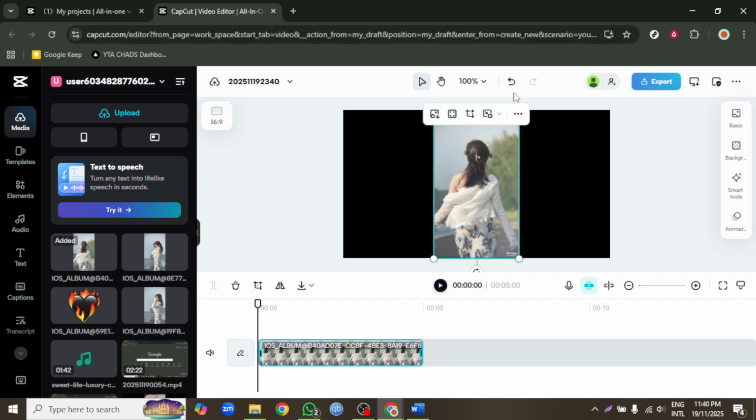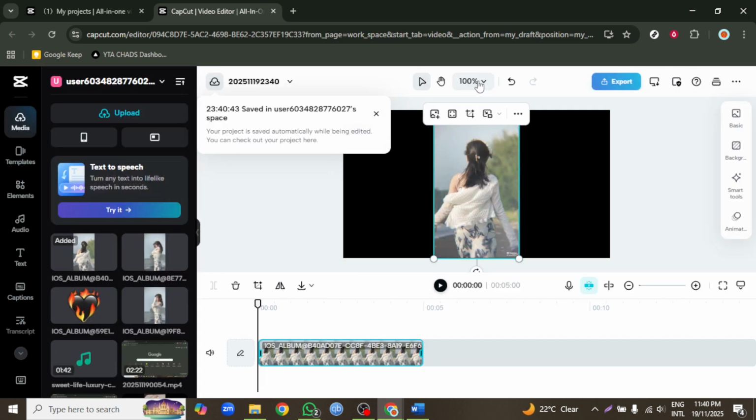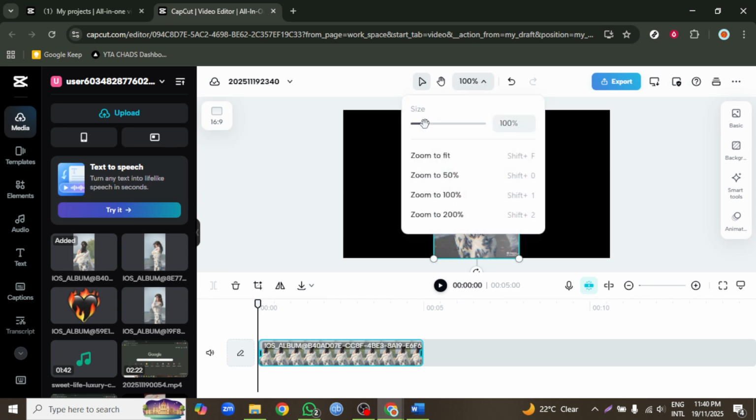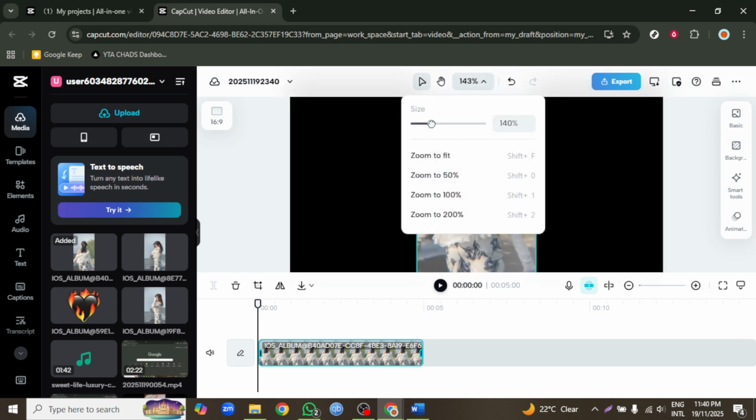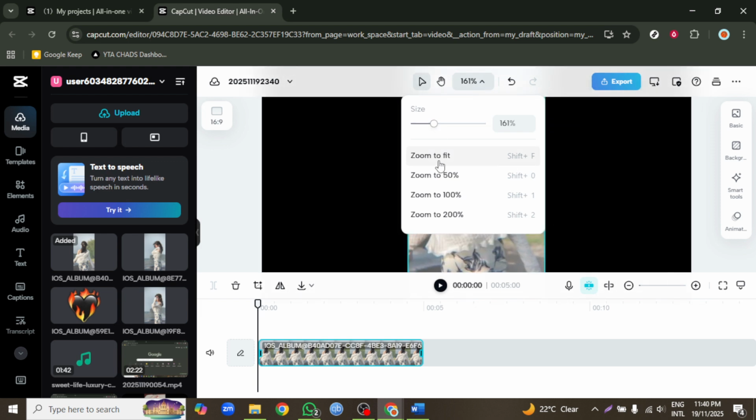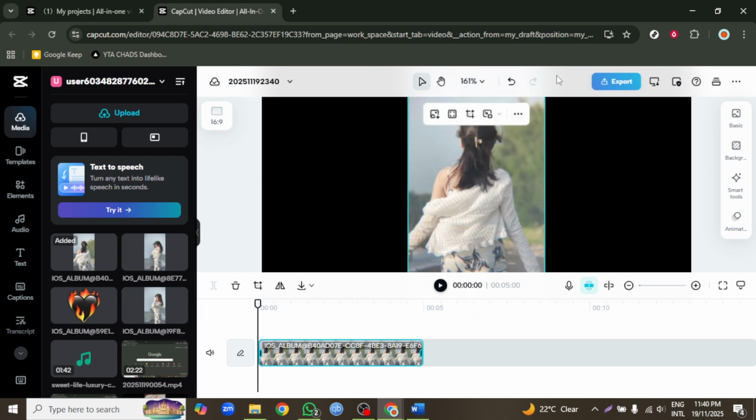A few quick tips while you resize. Try not to scale far beyond 100% if your original footage is lower resolution, because upscaling too much can reduce sharpness. On the other hand, if you're moving from a wider video to a vertical canvas, a slight increase can help fill the frame, but make sure you're not cutting off heads or text near the edges. Scrub through a few moments in your timeline to confirm the composition looks good across the entire